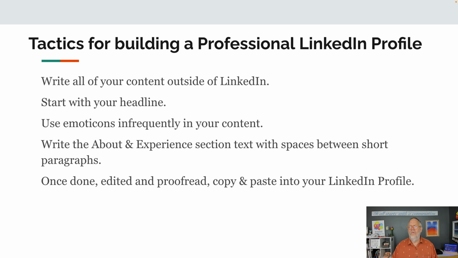And you don't need to do it all in one setting. I mean, this can be a lot of work. So start with your headline. Feel good with that? Put it out there. Go to your about section. Feel good with that? Put it out there. Go to your current experience section. Feel real good about that? Put it out there. And then slowly work on the other sections. It's not a race. It is a journey.